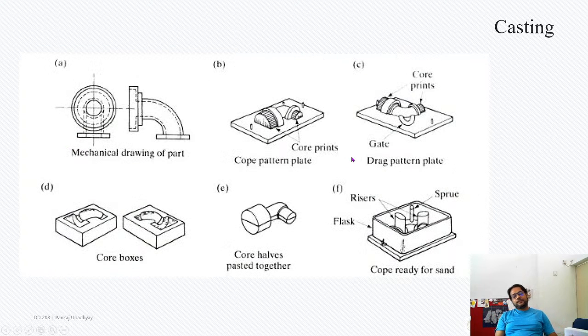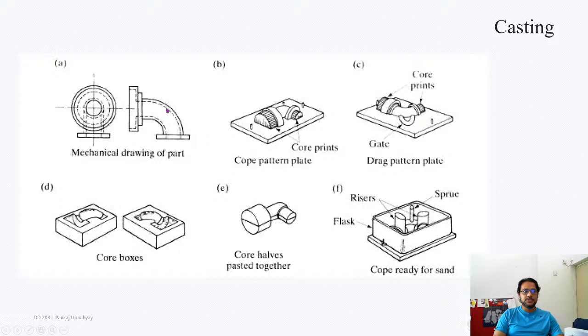So now one of the main problems, I don't know if you can see the problem, but how do you create something which has an internal hole in it? Okay, so let's say a kind of a pipe. Let's say this part itself, so this drawing, this is a drawing of a part, and what